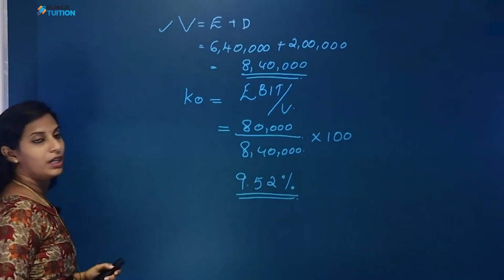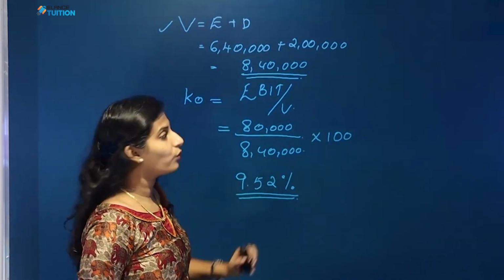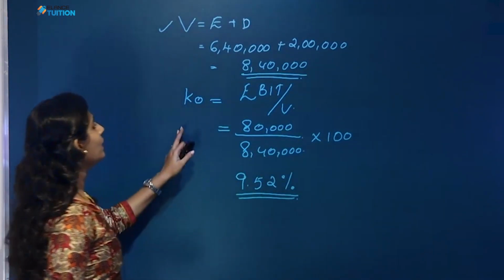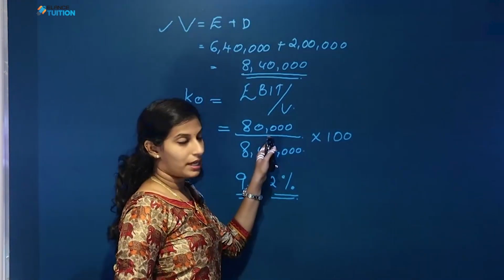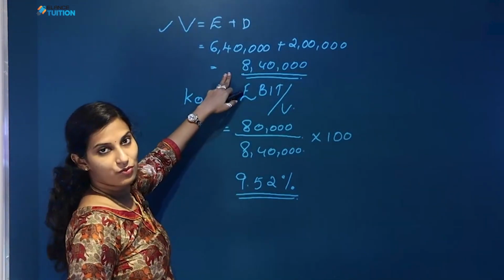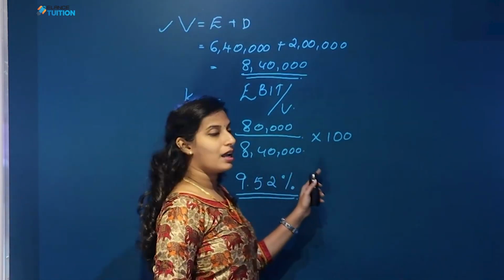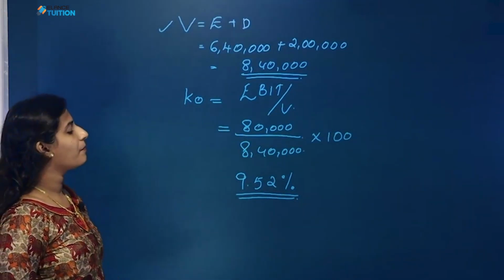Then using that we found V. 6,40,000 is E and D is market value of debt, so that is 8,40,000. Then KO, formula EBIT divided by V. EBIT is 80,000. We already calculated V. It is 8,40,000. So 80,000 divided by 8,40,000 into 100 and overall cost of capital is